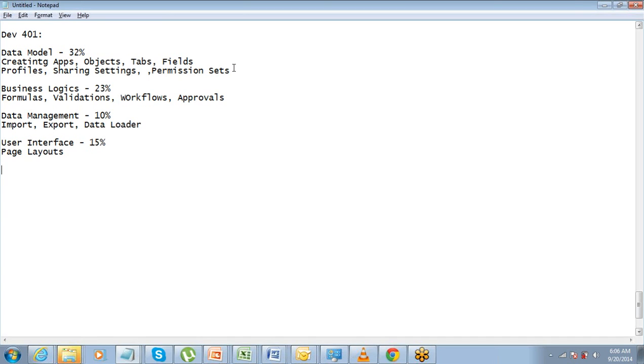So what all things can be customized on page layout, and then we talked about removing certain fields on the page layout, and making certain fields mandatory on the page layout. On those lines. Then we have reports and dashboards, which is again 10%. This is again on the reports side.